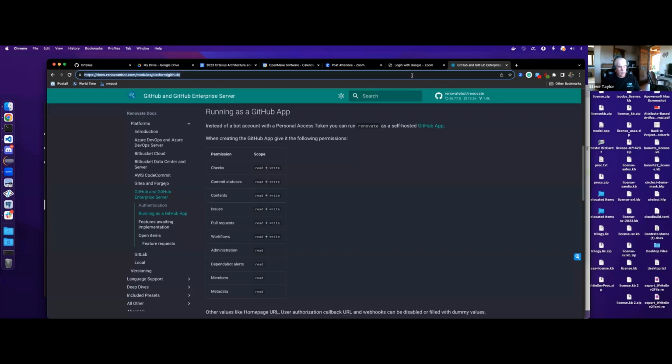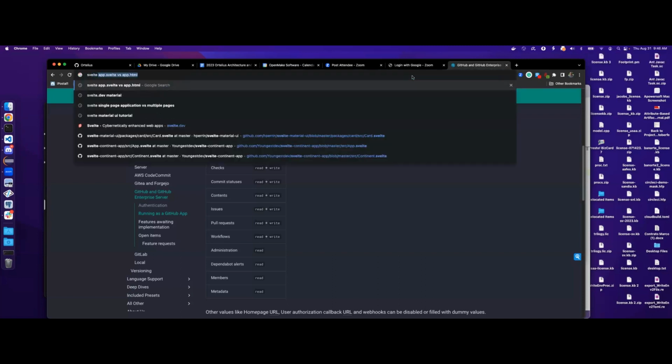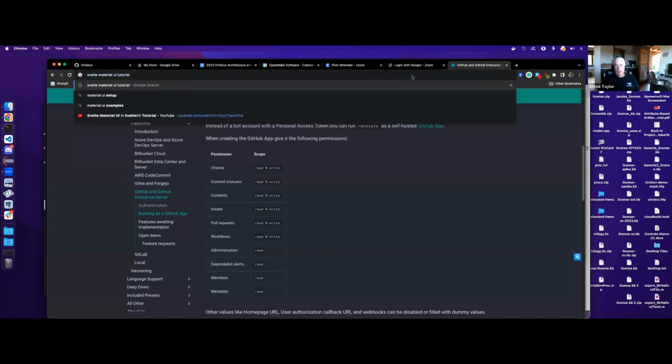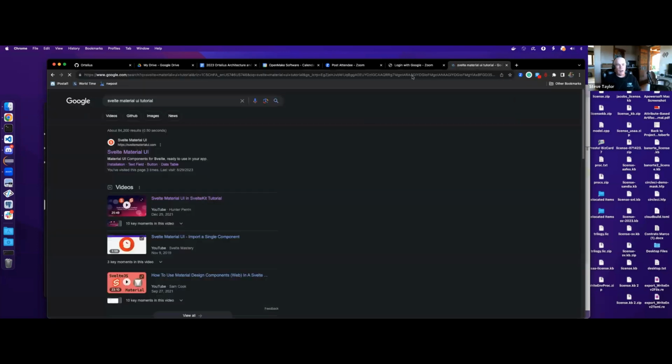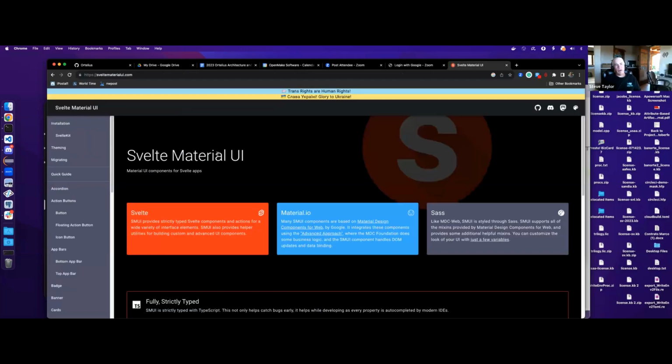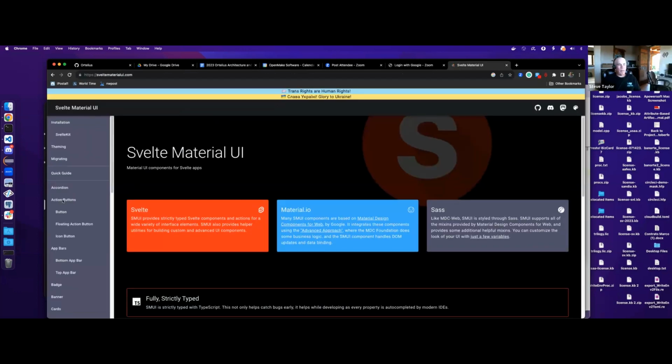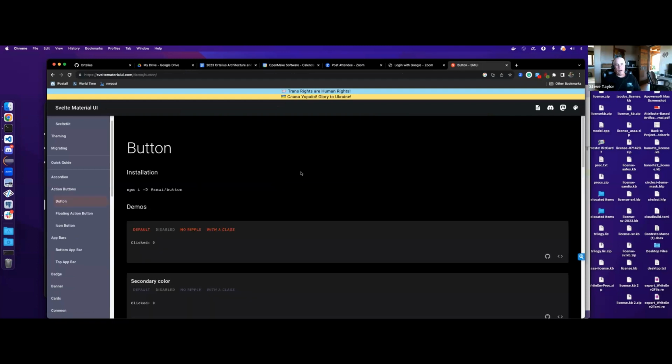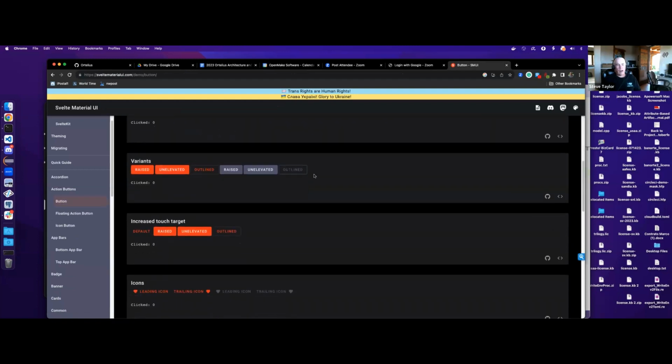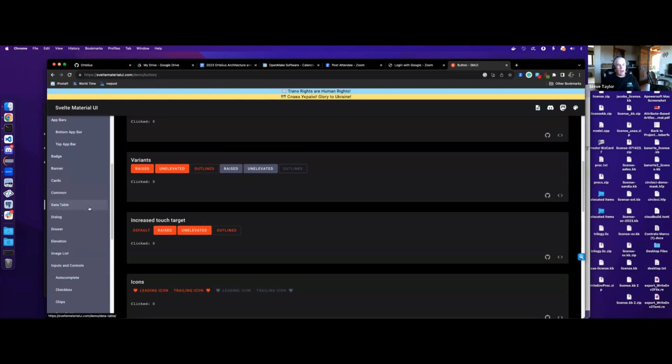Let's see. Yeah, so can I share the screen? Yeah, I will show you the demo. Give me 1 second. Okay. So if you go to Svelte material UI, they have all the different things that you can do with all the demos out here, and like the ones that we'll need to do, like I think they have a table.